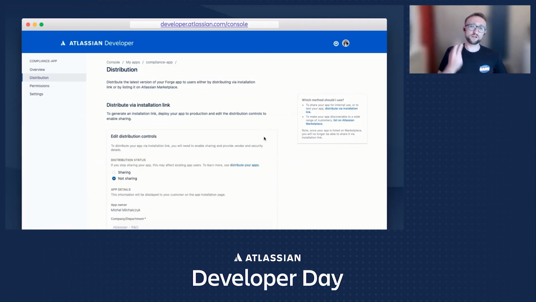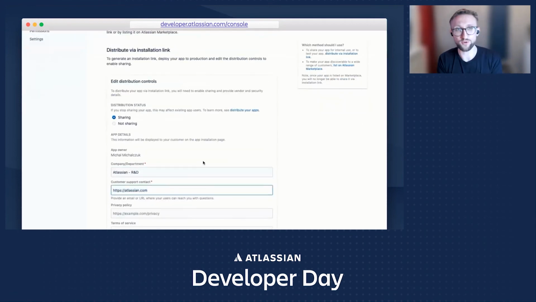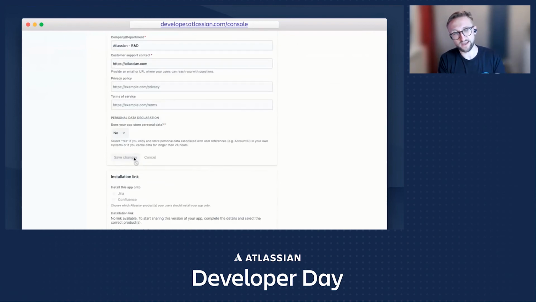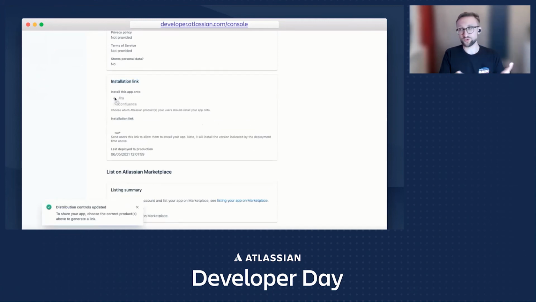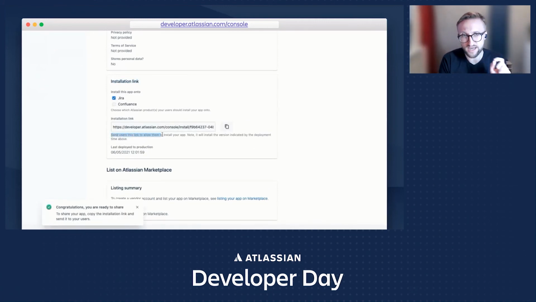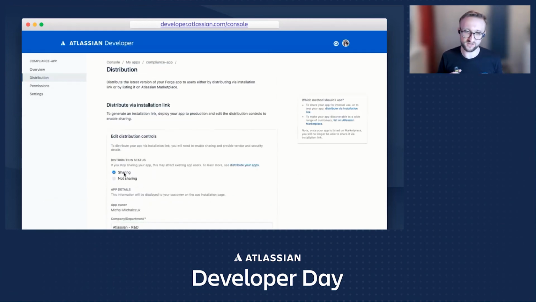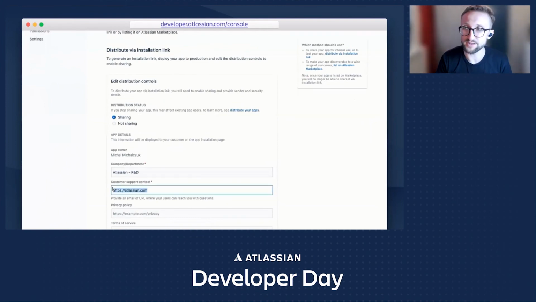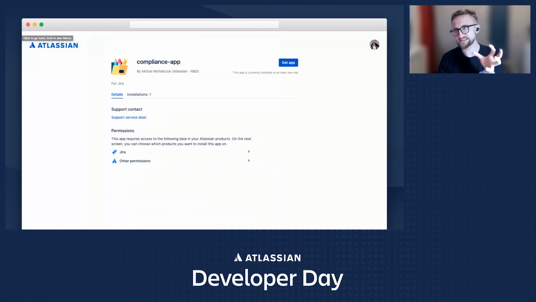You have to fill all the missing controls like company name, like the support contact, save the data, and then generate the installation link to the product that you've picked. But please mind that it will point to the version which you deployed at the moment of generating the link. That's a pretty important point right here. And send this generated link to your user so they can install your application on their instance, and yep, voila,